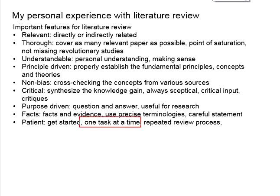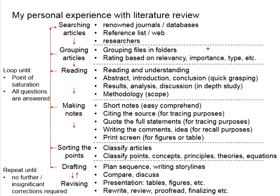Another meaning of one task at a time is that it also refers to the levels of understanding. At different stages of your literature review, your level of understanding differs. Now, the focus of your review at the early stage will be more basic, but at the later stage it will become more advanced. This will require you to look at the entire process on and off again until you have a more advanced comprehension